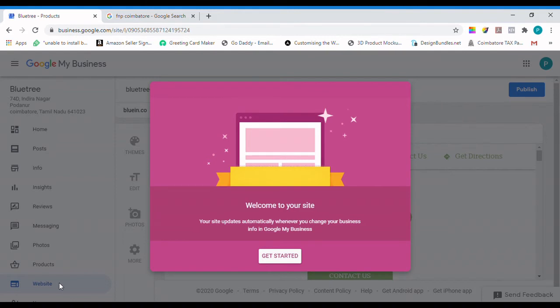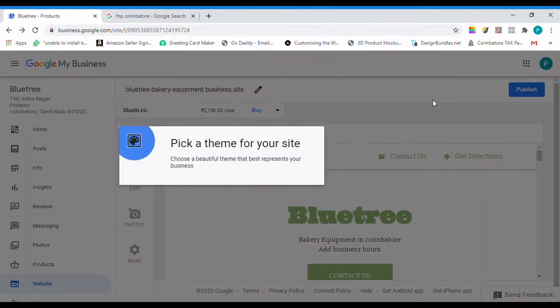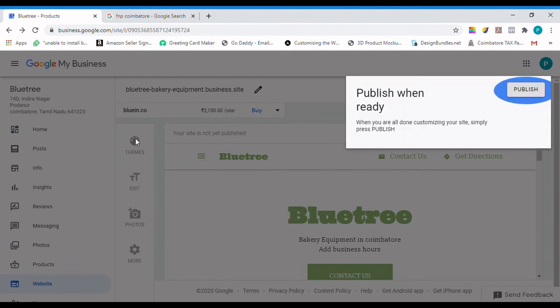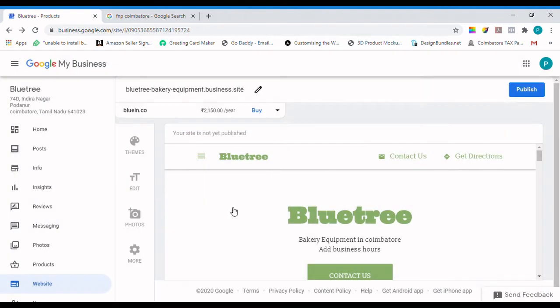So this tool is offering you a free website with a pre-built template, which is good. So don't worry if you don't have a website, you can just use the theme which is provided by this tool, and this pulls the information which you have entered in the info section and the pictures which you have uploaded in this tool, which you can edit and modify.